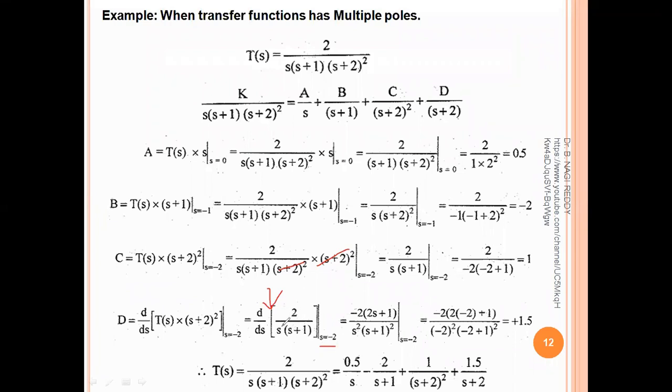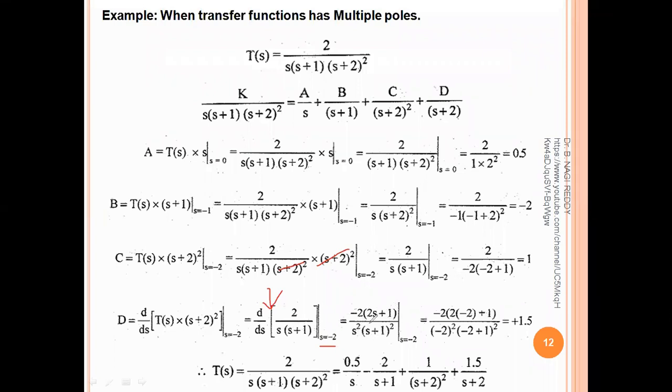So this is 1 by s into s plus 1, the 1 by u into v formula, differentiation of 1 by uv formula. Or you can multiply this s inside also, so we will get s square plus s. If you differentiate this term, then we will get like this. And the internal differentiation of 2s square plus s is there. So for s square, we will get 2s, and for plus s, we will get differentiation as 1. And the denominator will be squared. According to our basic differentiation rule, we have done this differentiation.